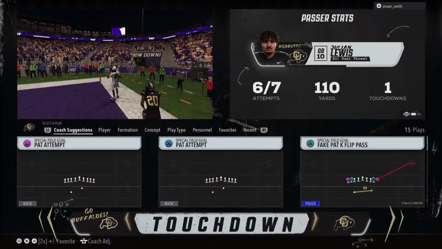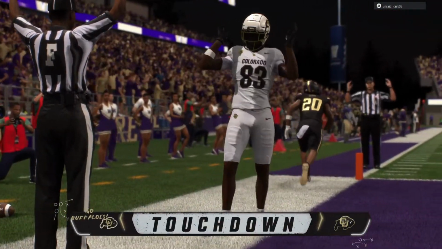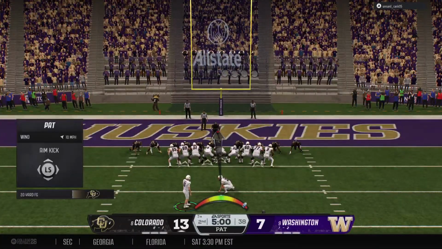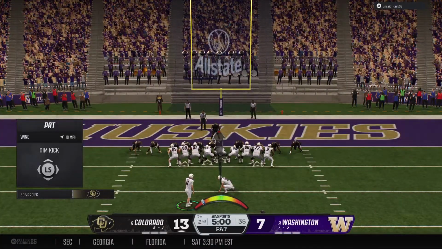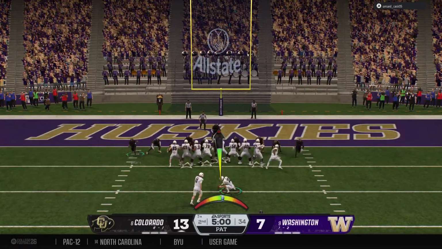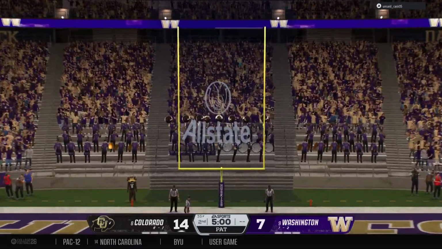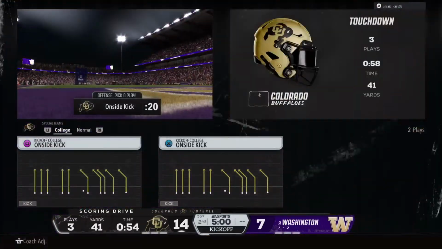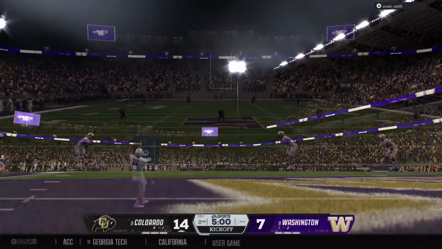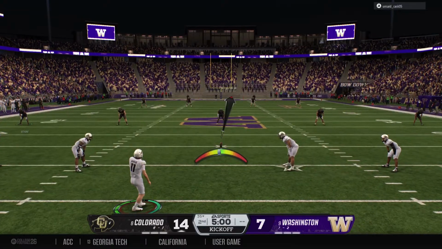Touchdown, Buffs. Hauled that baby in and then strolled into the end zone for the score. These two have spent plenty of time together. That was almost telepathic, David. No doubt, and quarterbacks and wide receivers throw all offseason to get on the same page. You can see he hits him in stride. That's why he gets the touchdown.